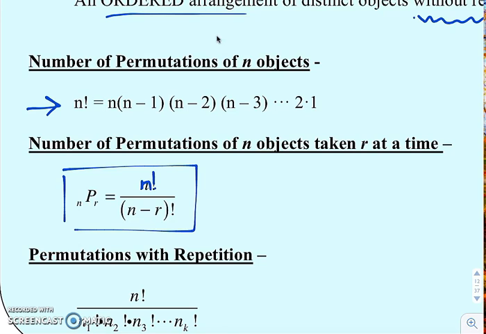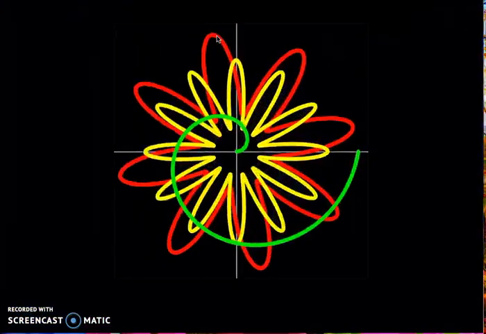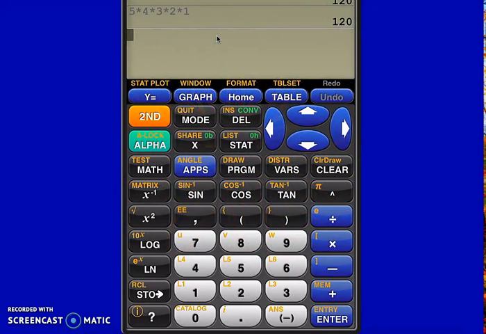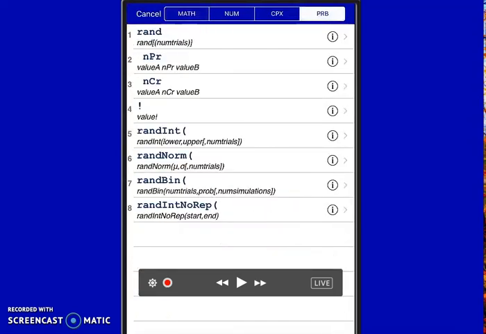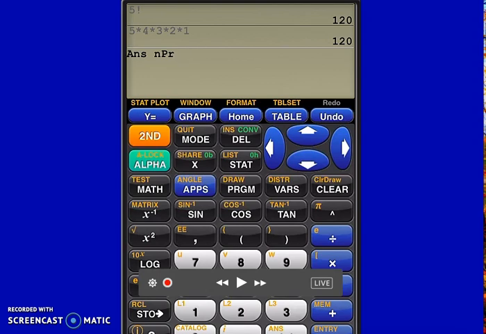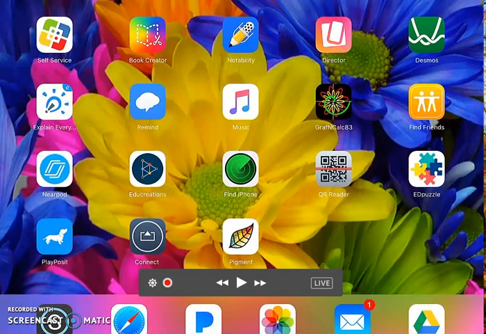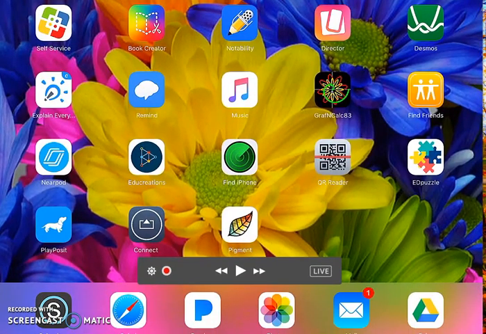So yes, there is a formula for it, but instead of memorizing that formula, we're going to use the NPR button again in our calculator. When we get there, we will go to your math, over to probability, and we will be using that second option, NPR. So for right now,